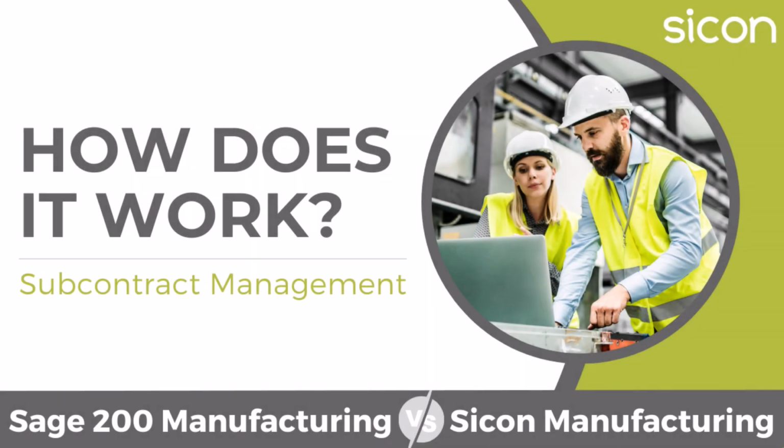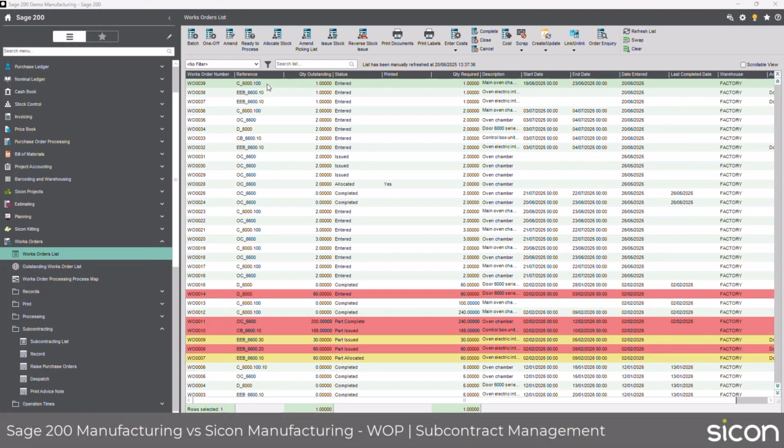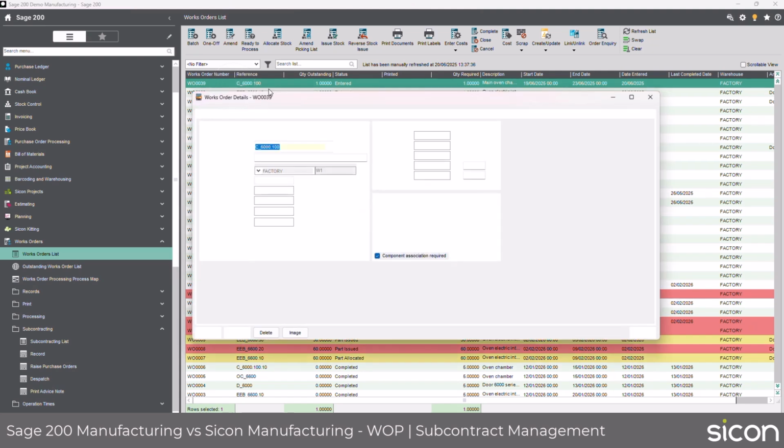Comparing subcontract operations and subcontract management in Sage 200 Manufacturing versus Sicon Works Order Processing. So against a bill of material, I've got a subcontract operation. If I just go into a works order, so I've created a works order. If I just go and amend that works order,